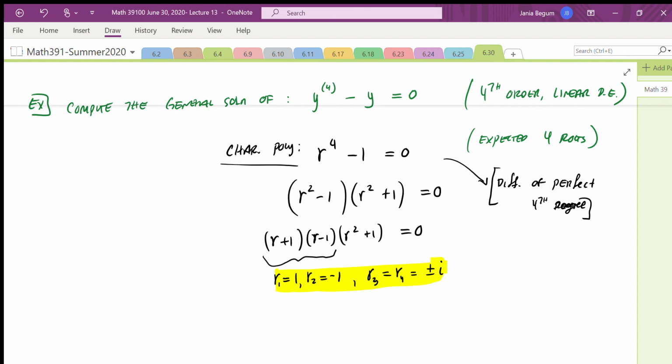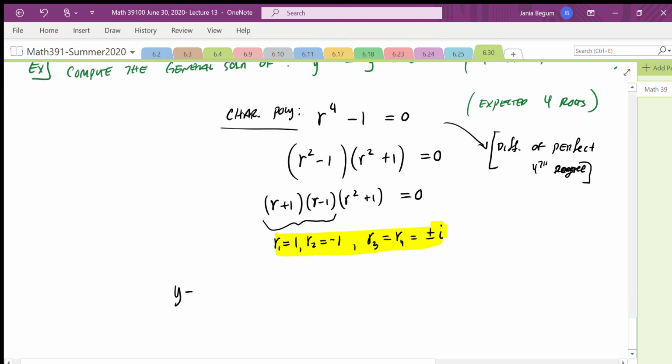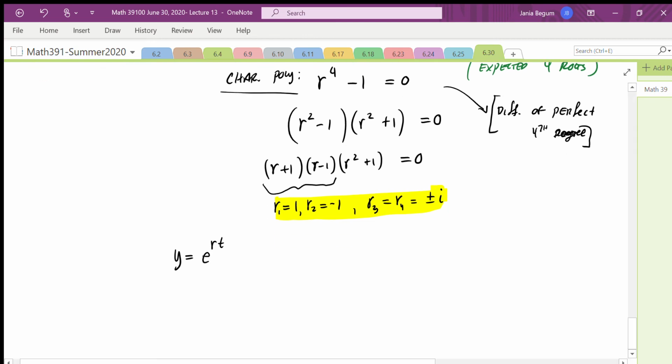So now is the part where you state the solution for all of these roots. So we write out the solution. The solution is y equals e to the rt. So the first two are distinct real, and the last two are complex. So we're going to have a solution involving exponential along with sine and cosine. So our general solution,